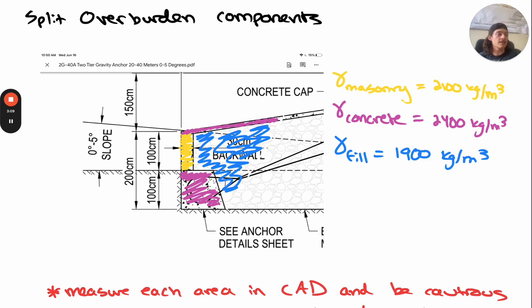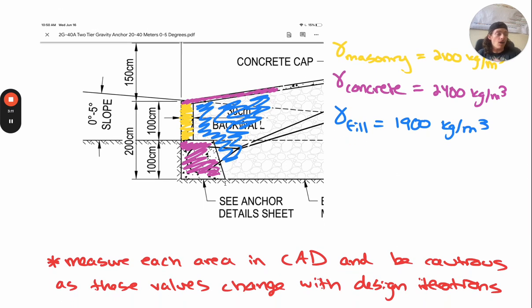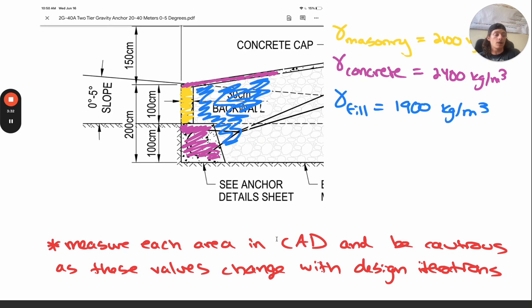All of these areas, you may notice, have at least 1900 kilograms per cubic meter or more density value. So by that nature, when we split our components and apply these different densities, we're always going to have a larger value. Now this does make the calculations a bit more complex,